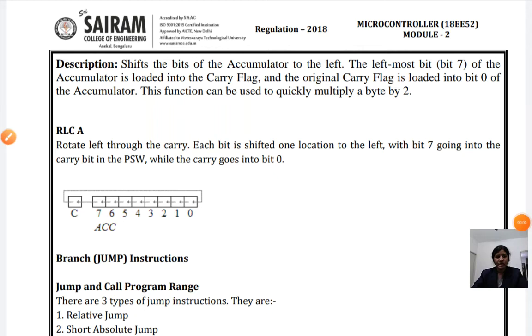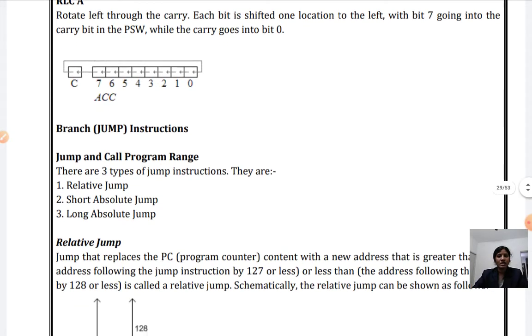Good morning, students. In today's session, we are going to see the branch instruction, that is, jumping from one instruction to another based on conditions, by satisfying the condition or by not satisfying the condition. If it satisfies the condition, it is a conditional branch instruction. If any looping happens without any conditional check, then it is called an unconditional jump instruction.